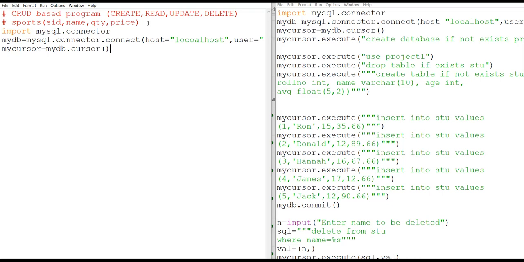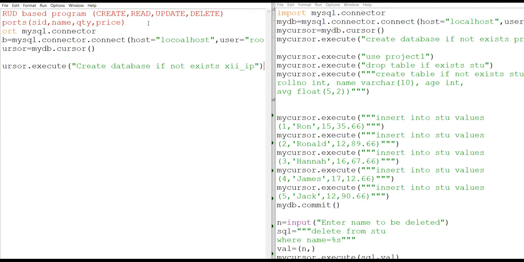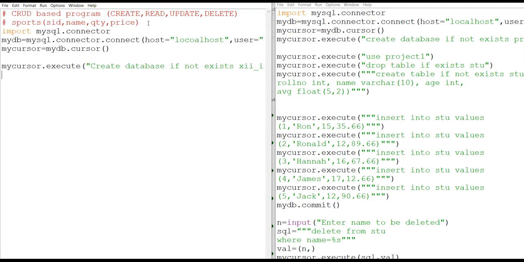Now we have to create the database. For creating the database, I'm again taking the same statement, mycursor.execute, and inside this, create database if not exists, and I'm taking 12th IP only. It is already created and we are going to take the same thing.